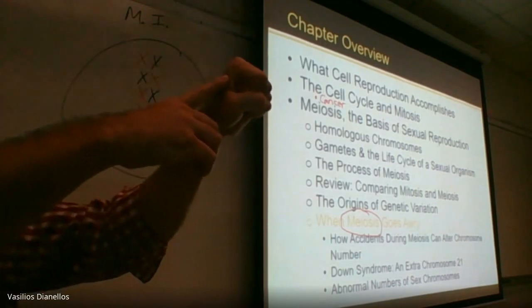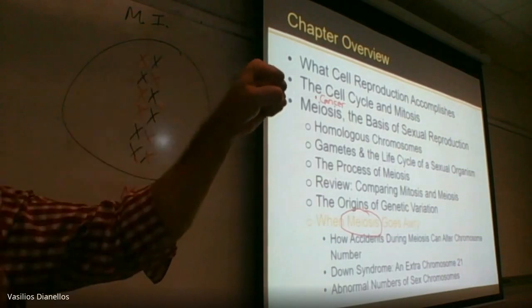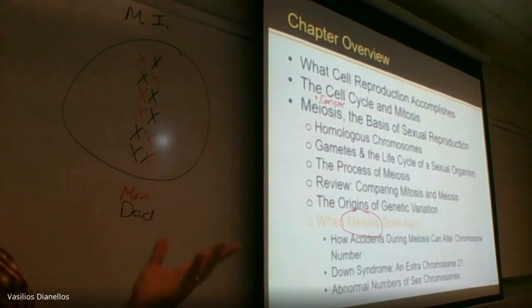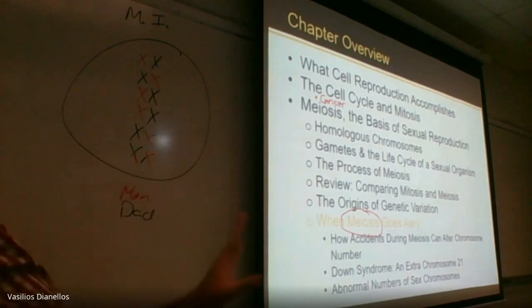So you have to think, once you have one mistake, it's going to get worse and worse because you're going to keep adding mistakes and adding mistakes. It's a copy of a copy of a copy. So that's what happens when mitosis goes wrong. That's one way of getting mutations, which could give you cancer. Could give you other stuff too, but anyway, with that out of the way,